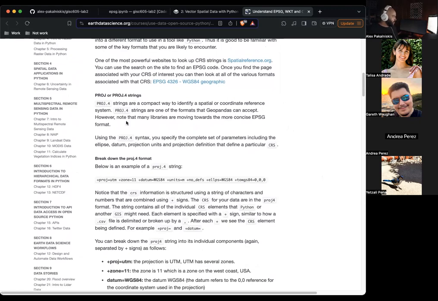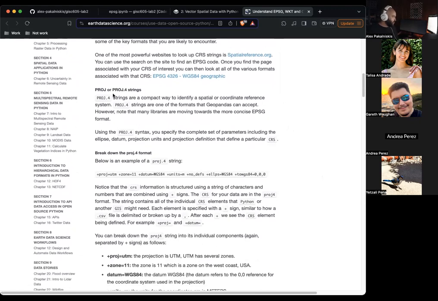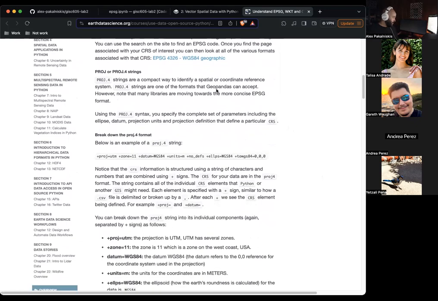So to start, let's jump into the proj4 strings. They're a compact, useful way to identify coordinate reference systems. GeoPandas can natively accept them. However, many libraries are moving away from proj4 to an even more concise EPSG format.